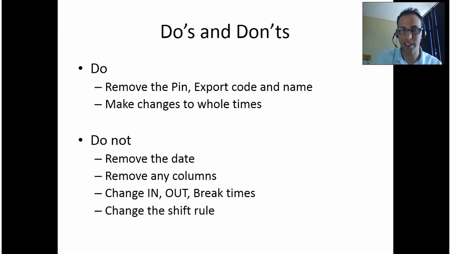But the most important is do not change the in, out, break times. Do not change the shift rule. These changes, if you make anything to these changes, that will cause the system to reprocess times for that employee for that day. And you don't want that. If you've inserted a split line for John, now you've seen that he's got 3.5 hours under dispatch and 4.5 hours under receiving. If you make a further change to that, for example, you change his in time from 8